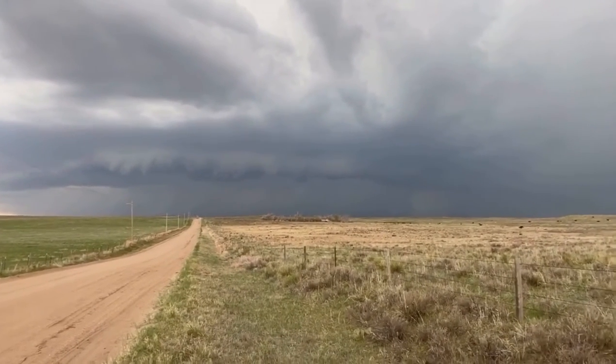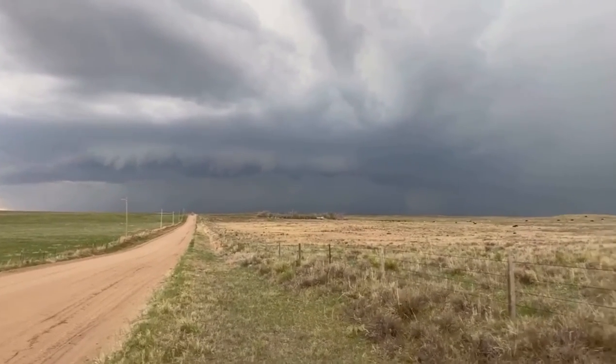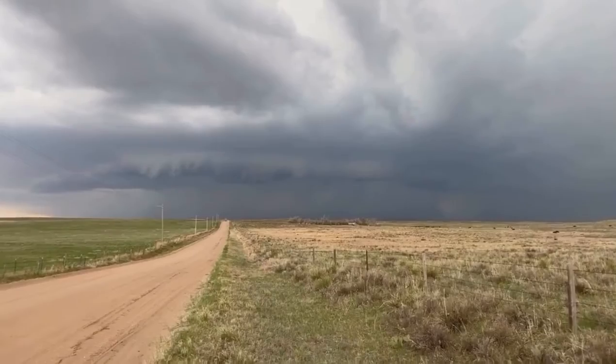So I'm going to hang out for a little while in this spot, just because it's a decent vantage point. I'm hoping it tracks more to the north of me so that I don't have to run for my life, but I think if it keeps tracking right at me, I may need to